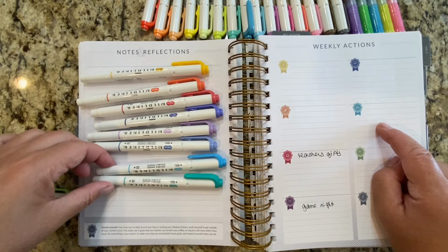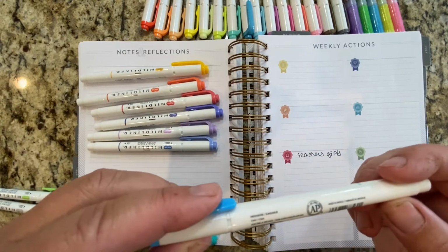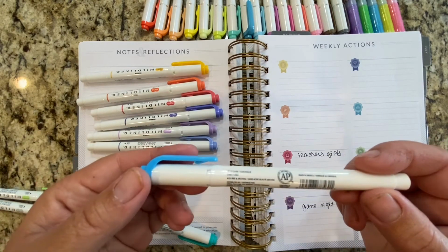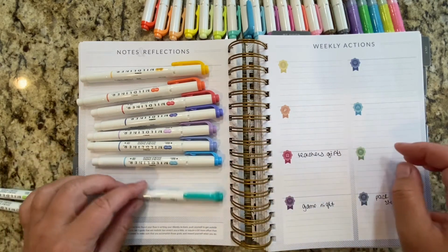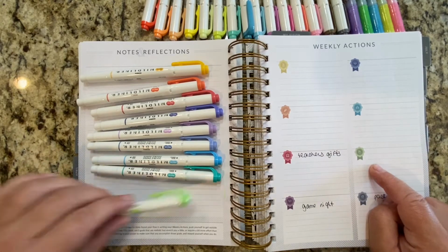How do you say that one? It's C-Y-A-N. I don't know. If somebody knows how to say it, tell me. Is it cayenne like the cayenne pepper? I don't know. But between this one and the summer green, and then this one is just your green,